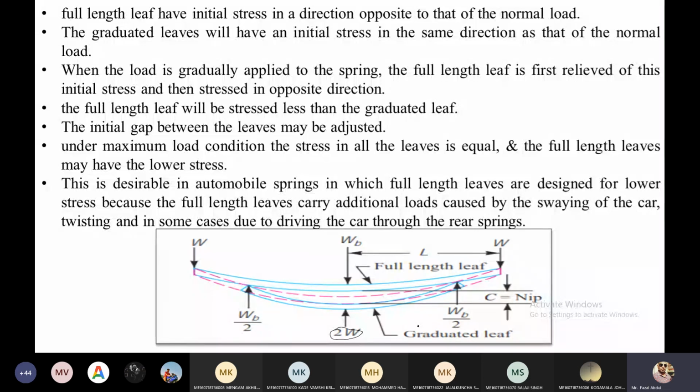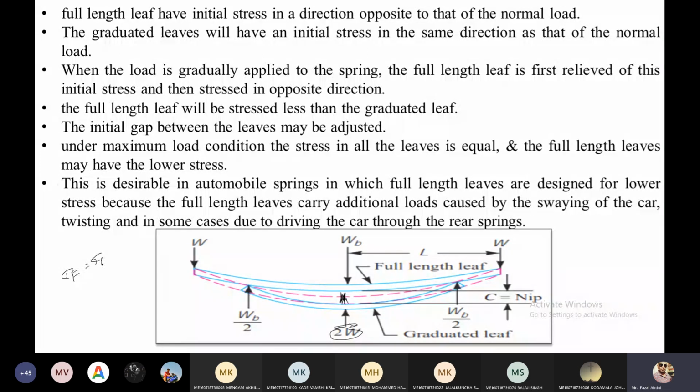Again, because we are gradually increasing the load, first the stresses are released, and then the stresses increase again, this time in the opposite direction. While it is releasing the initial stresses, whatever gap was there is going to be adjusted here. This adjustment happens totally under the maximum load condition. Under maximum load, finally the gap is adjusted, and our aim is fulfilled,